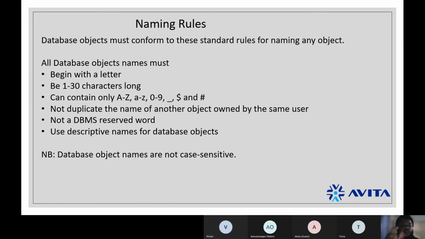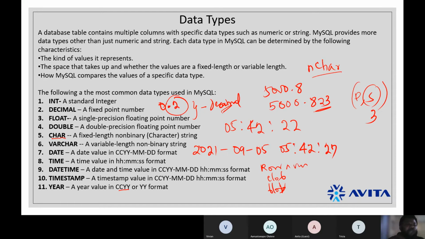So this is the name of an object. This naming rule is for the name of an object. It's not for the content in the object. The content in the object can be any length, right? But the name of an object has limitation. Okay. Thank you, sir. Yes, ma'am. Any other question?